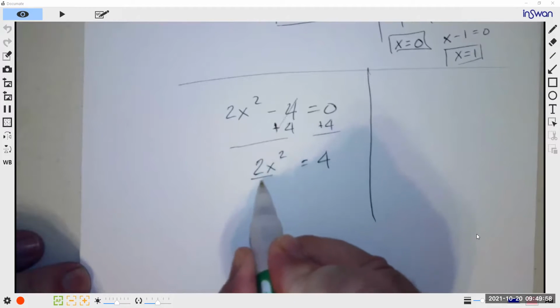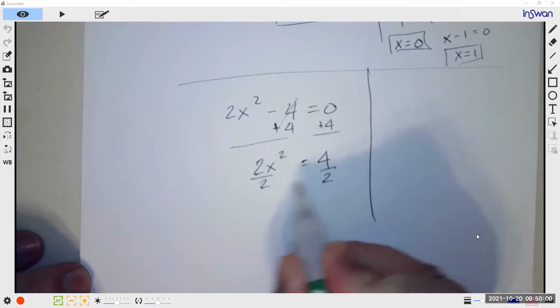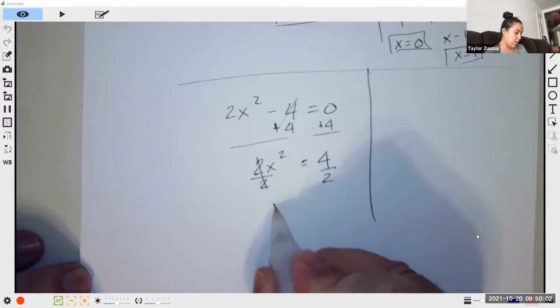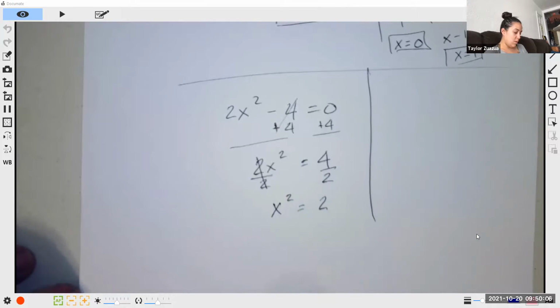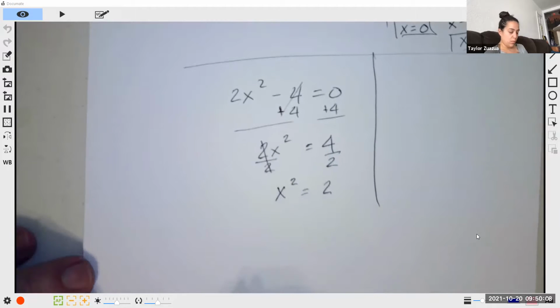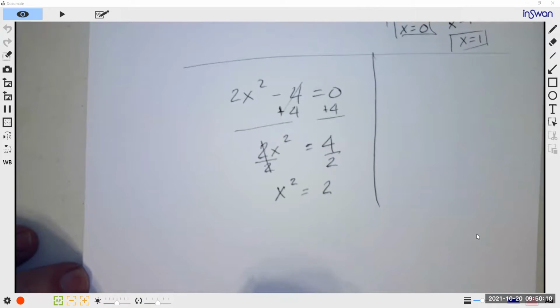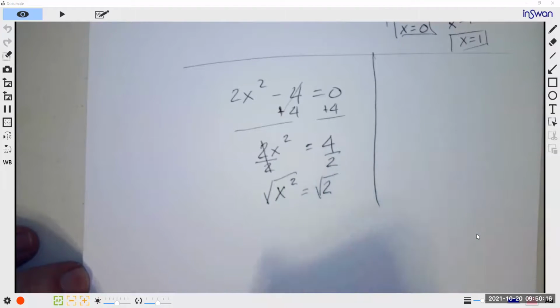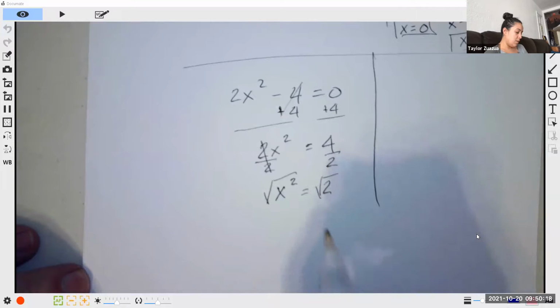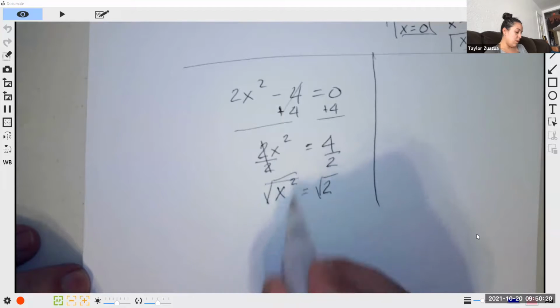Then you have to divide by 2 on both sides. x squared equals 2. Then last step, since x is by itself, square root both sides, which cancels it out. So x equals,